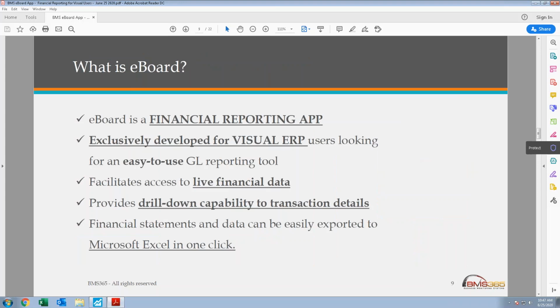So what is eBoard? eBoard is the financial reporting app that has been exclusively developed for Visual ERP users who are looking for an easy-to-use GL reporting tool. And I'm not talking only about finance, I'm talking about IT, who sometimes gets involved in the production of financial statements, and also executives who need to get access to that information quickly and in real time. So it facilitates access to live financial data. It provides drill down capability to transaction details, and financial statements and data can be easily exported to Microsoft Excel